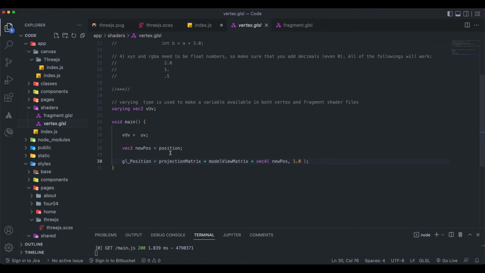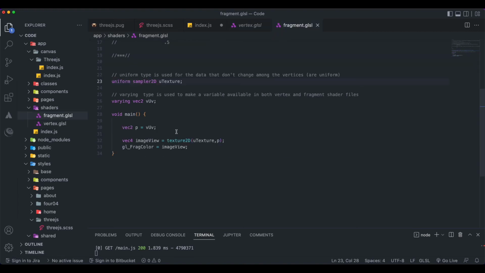I have the position here, and it's basically what we had in my intro to shaders video, so I'll put a link to that, go check that out. And that's all we need for the vertex file. We're gonna do most of the manipulation in the fragment file. So if we go there,